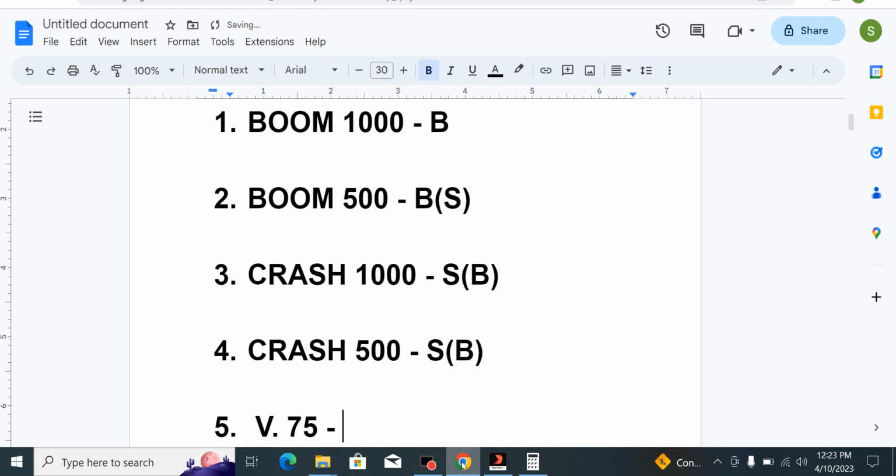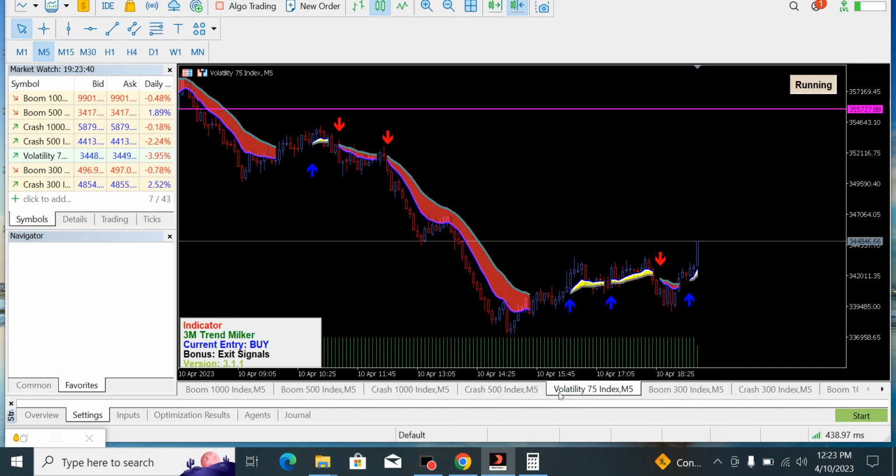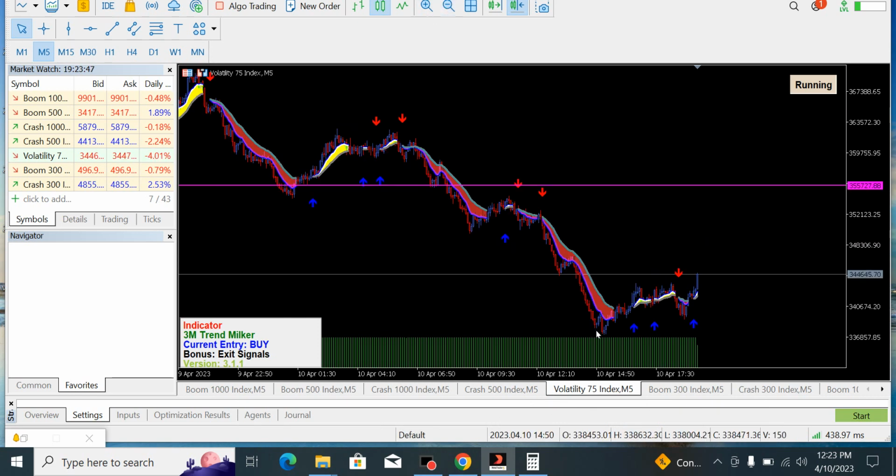The last asset we will be checking out is going to be Volatility 75. Let's check it out right away. This is Volatility 75. This had been on downtrend for a very long time, and it has got into this support zone. It was unable to break out below it, and it went back on uptrend, even though it pulled back for a while, but when it got to this support again, it went on a buy trend again. So this is going to be buying more.